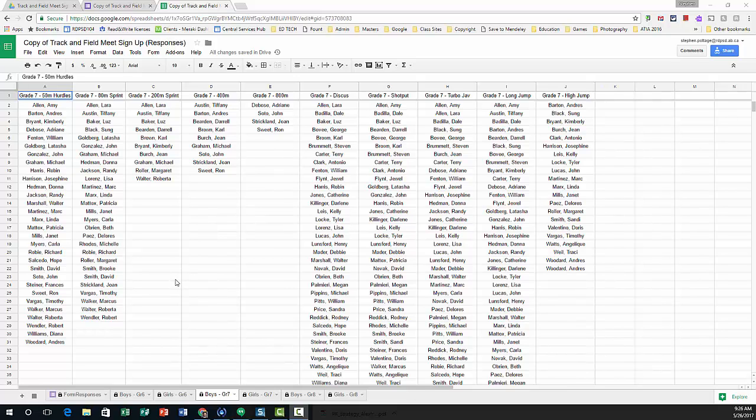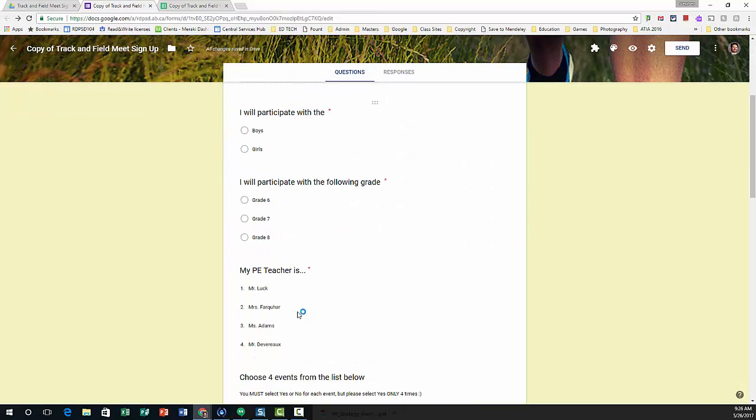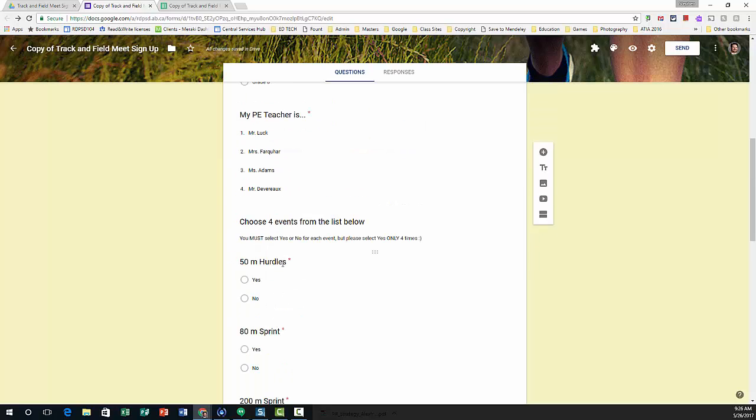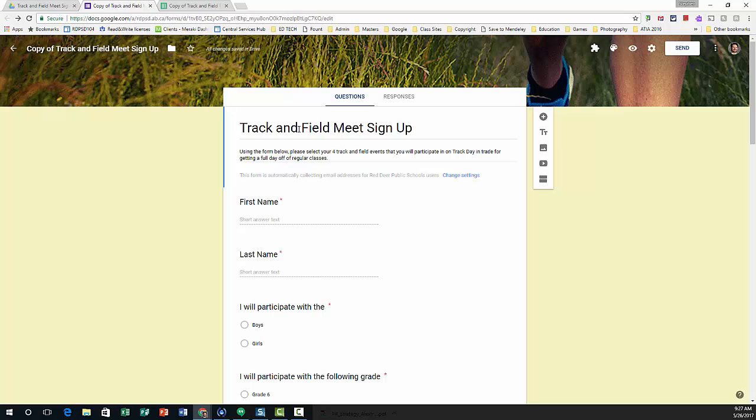I think that for the most part is pretty much all you need to know. If you wanted to use something like this, you would literally just need to come into the form, change the events, change the teachers, and again, you don't even really need to use the teachers if you don't want. The teachers, we take this data and put it onto separate spreadsheets for the teachers that are specific to their kids, but totally unnecessary. And then all you would really need to do is, again, send this link off to